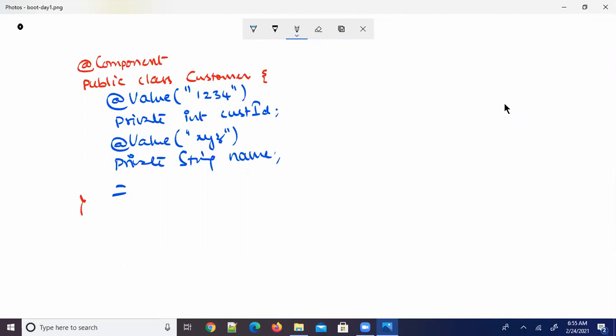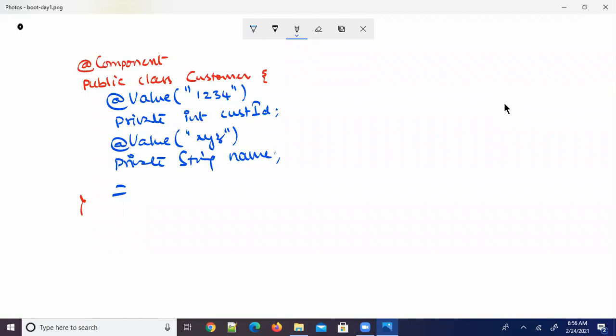And this is a value type dependency. String actually is a class in Java, but when you come to Spring Framework, every string variable is treated as a value type, but not as an object type. Remember that point.